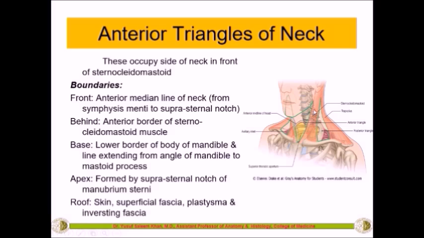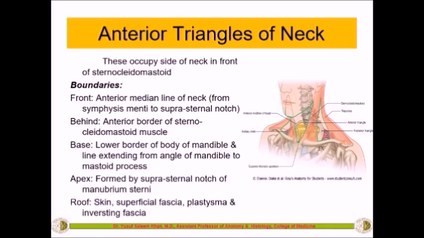Behind we have the sternocleidomastoid muscle. The anterior border of the sternocleidomastoid will form the posterior boundary of this triangle. And the base is formed by the base of the mandible itself. So this is the base of the mandible, as well as the imaginary line drawn from the angle of the mandible up to the mastoid process. That will form the